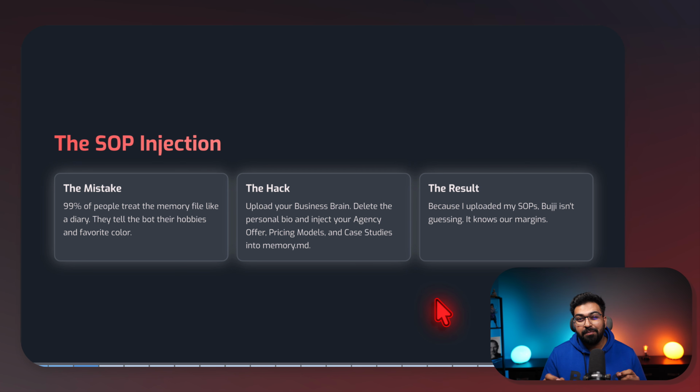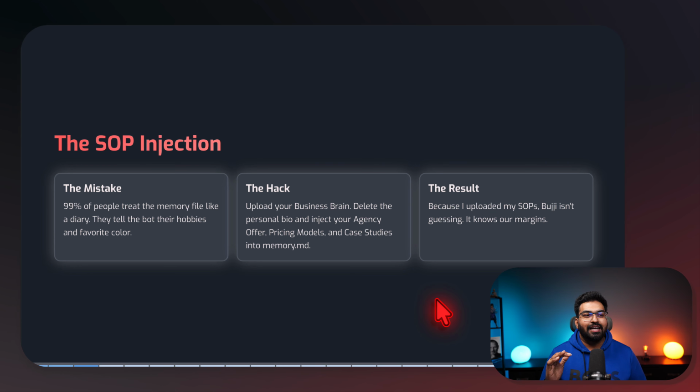The mistake 99% of the people are making is they treat the memory file like a diary. They tell the bot their hobbies, their favorite colors, completely useless. There is no 1% advantage to this. Upload your business brain. This is something you need to be doing on day 1. Delete the personal bio and inject your agency offer, pricing models, and case studies into memory.md. And I will show you how we are doing that and what should be included in our context